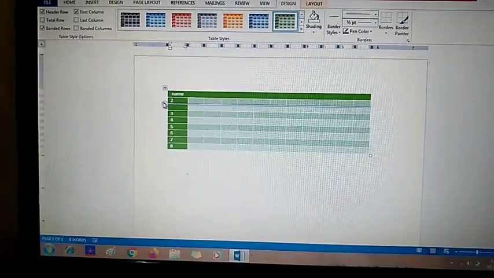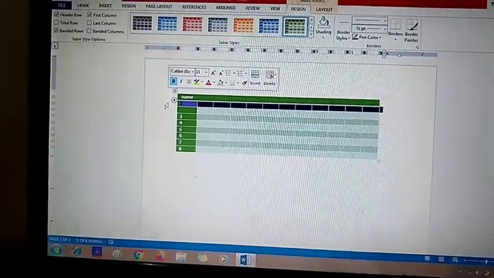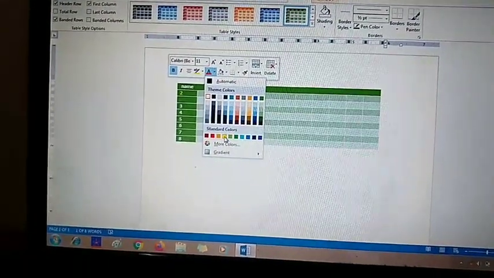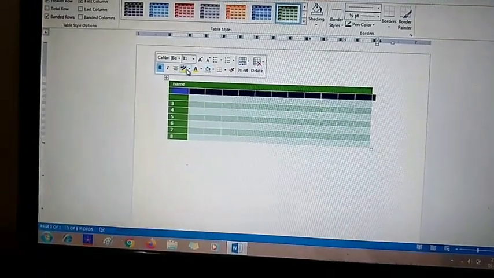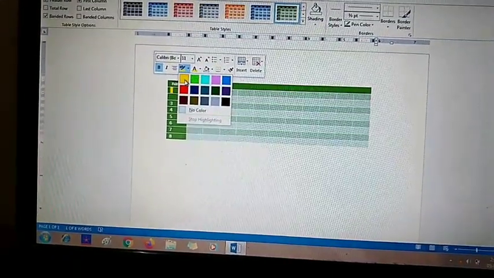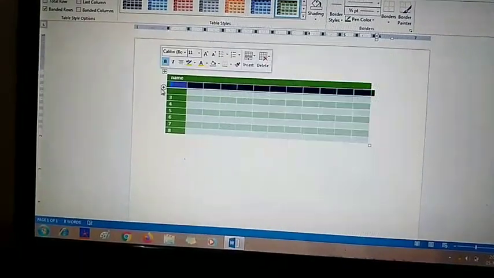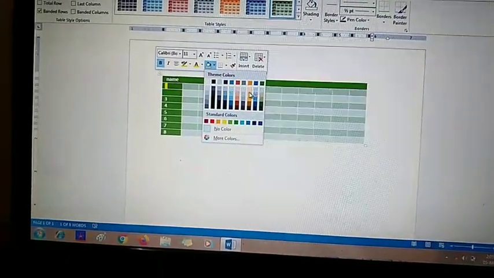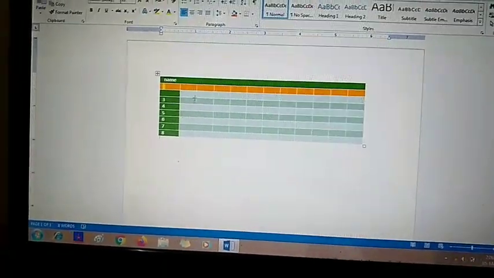And if you want to change the color of a single row, like I want to change the color of this, so click on this and from here you can fill any color in your row or in your table like this. This is for highlighting, like you want to fill the color in the whole row, so you can choose from here. And like this you can change different rows and columns.